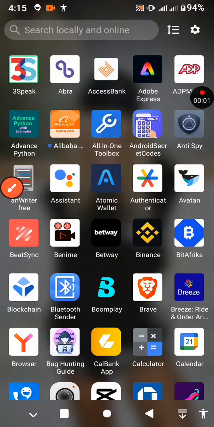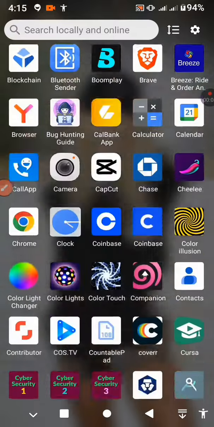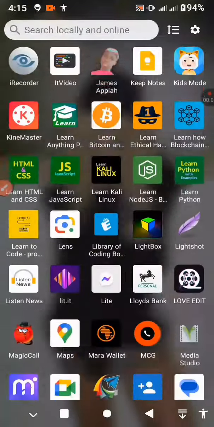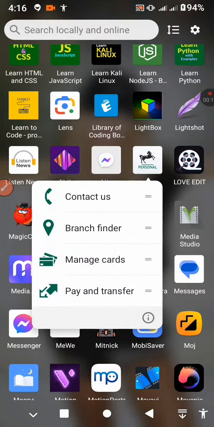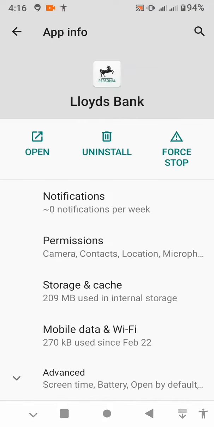So if you're facing such problems like this, to fix this, what you have to do is to just scroll a little bit and try to search for the name of the app. When you find it, just use your finger to tap on it for a while. Tap over here. Then when you get to the app info, tap on force stop, tap on OK,